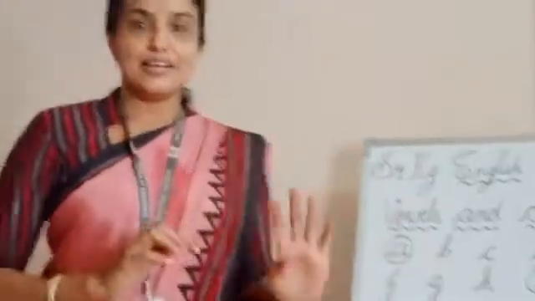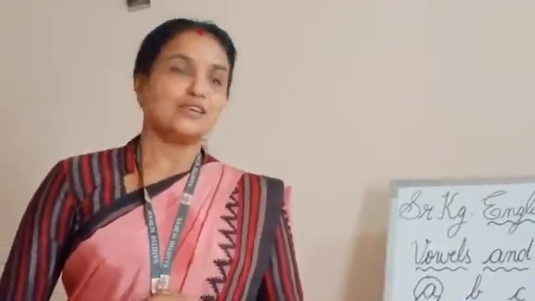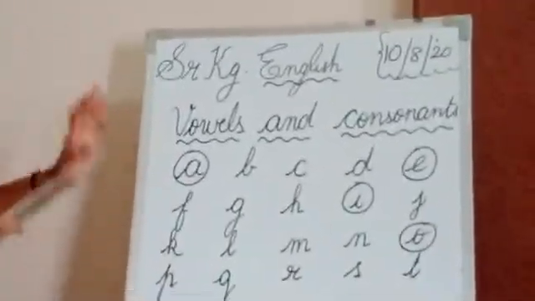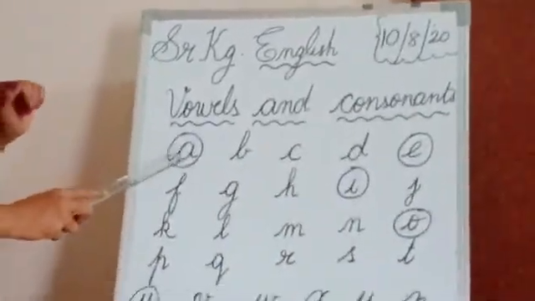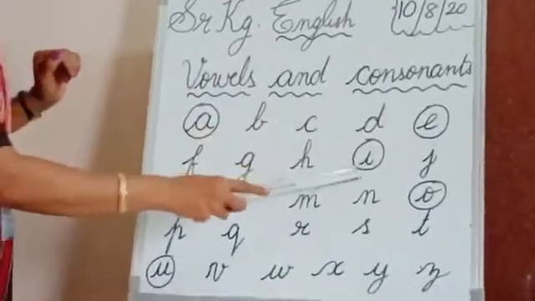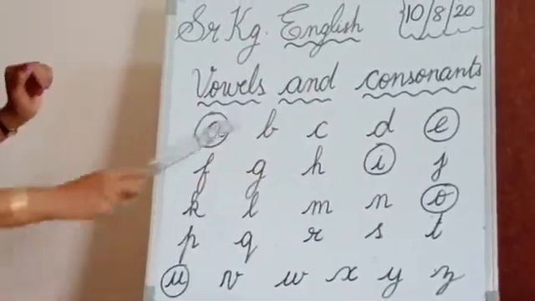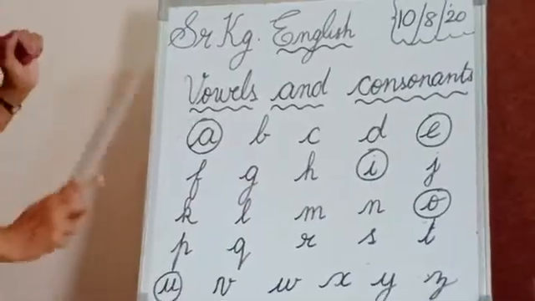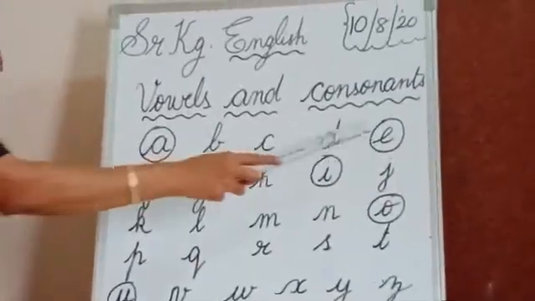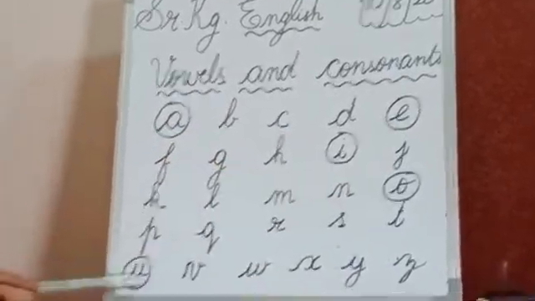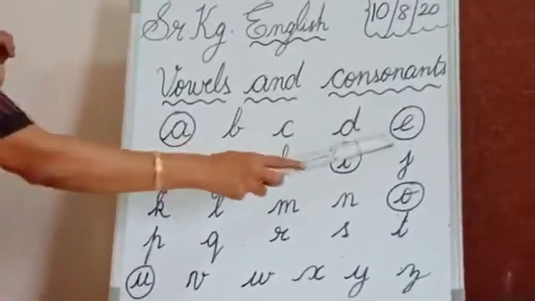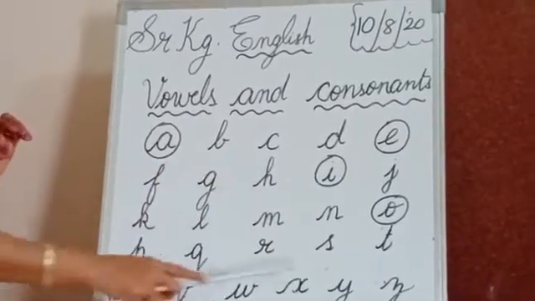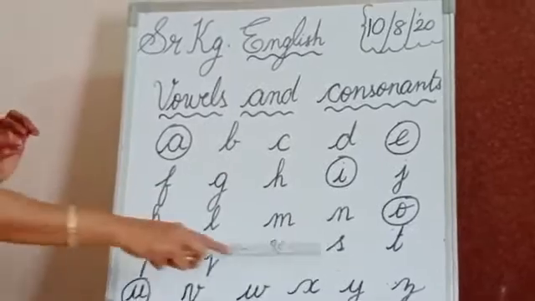We are learning vowels and consonants, okay? You all know vowels. We already learned vowels in the last session. A, E, I, O, U are called vowels. So, which are the vowels? All say again. We are repeating A, E, I, O, U. So letters A, E, I, O and U are called vowels and the remaining letters are called consonants.